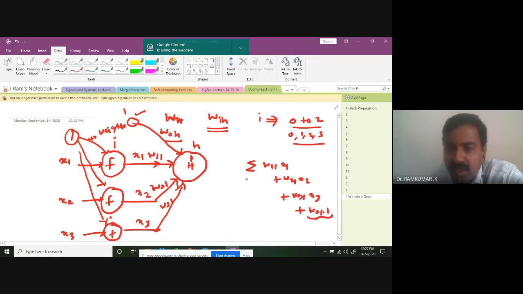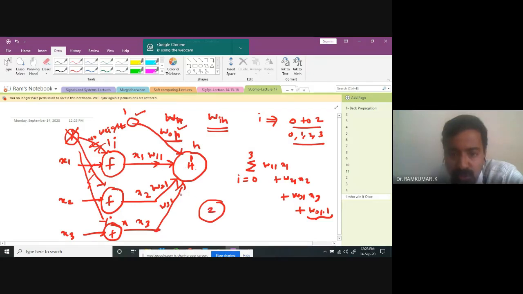Okay, so this is the kind of network I am talking about. So I varies from 0 to n, here 3. Okay, n is 3. This is n. 1 to n, and there is one bias you are adding. There is no point in adding one here, you take that, no weights. Only the hidden neuron we are putting the weights W0, because the weights are involved between the hidden and the input layer. So naturally you have W0H, where X0 is 1 here, because I am talking about the first neuron. Likewise, we can do it for the second neuron.